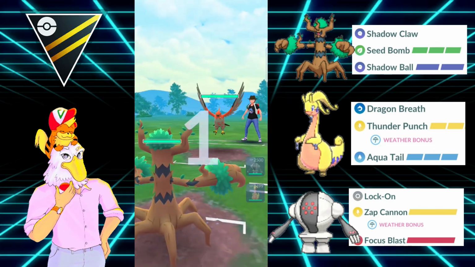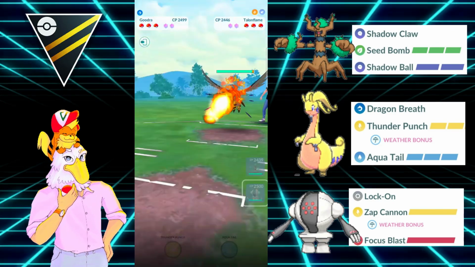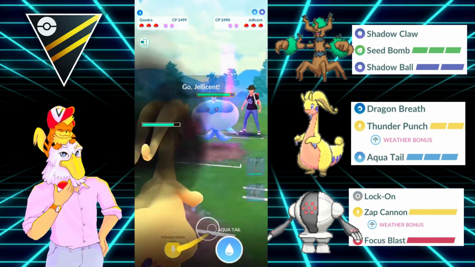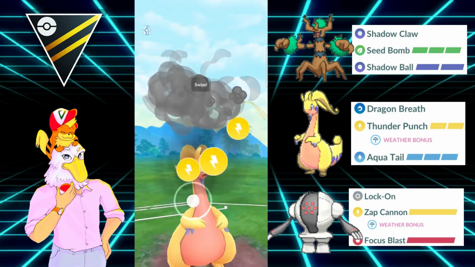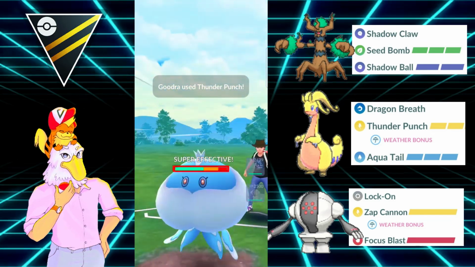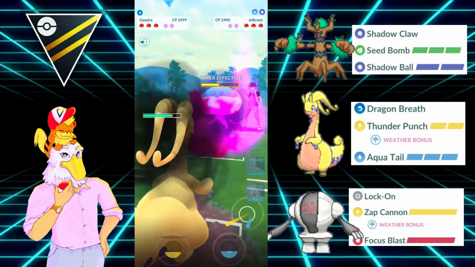As per PvPoke, the recommended moveset for the Ultra League is actually Aqua Tail and Power Whip, but I'm going to test out Thunder Punch and Aqua Tail for the Ultra League. So let's see here, even with the bad lead, we're able to